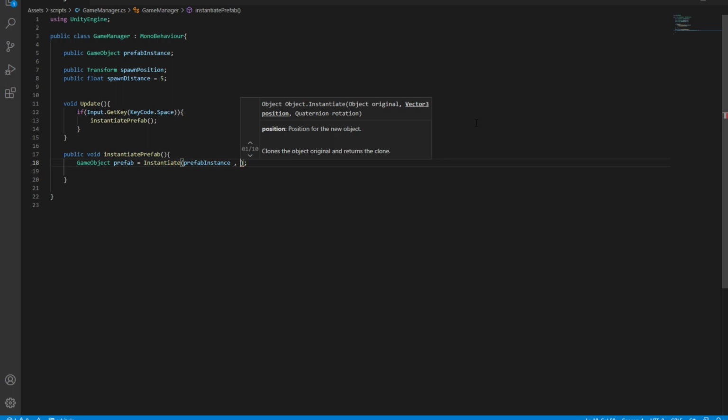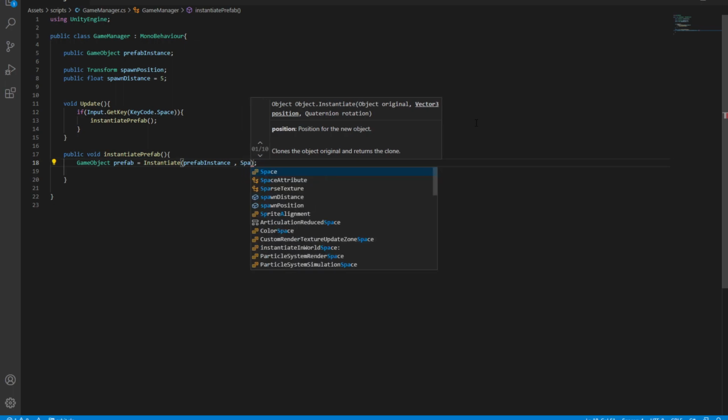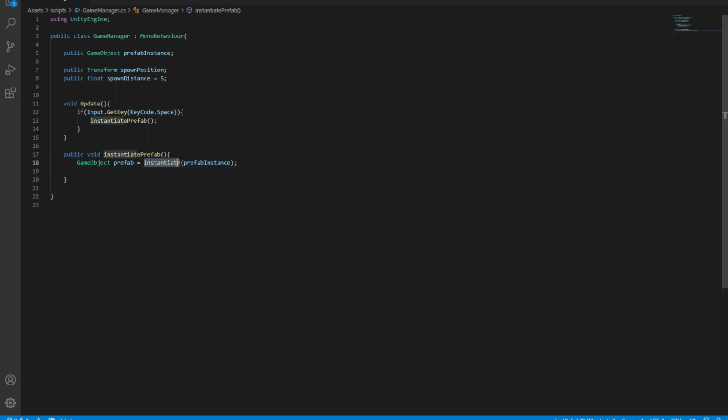So we're going to do that. We're going to say spawn position. Now to actually spawn this instance into this spawn position, we can simply add in this parameter, and then inside we're simply going to pass in this spawn position, and that's it. Now to actually vary the distance between this spawn position, we're going to use this float variable that we just created. So after we create this prefab, we're simply going to say